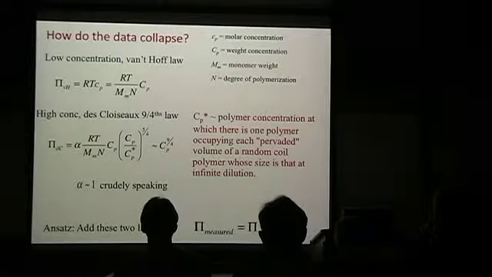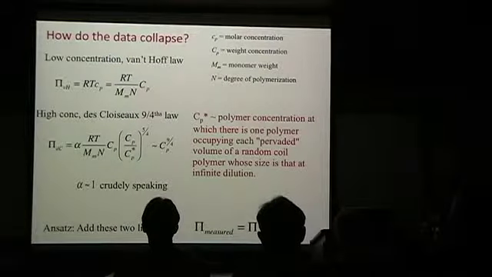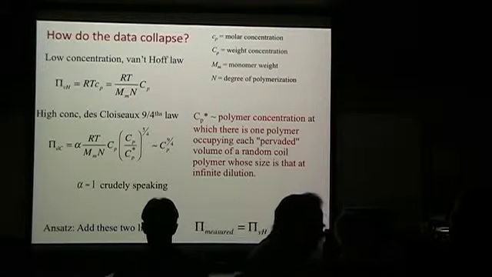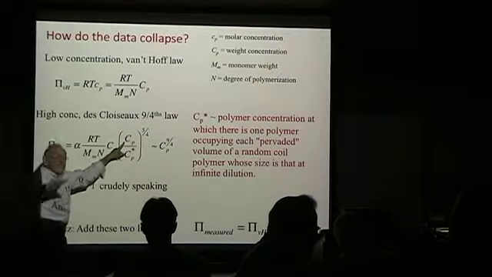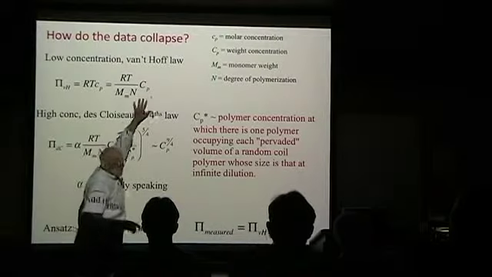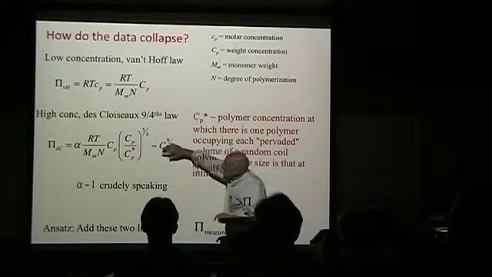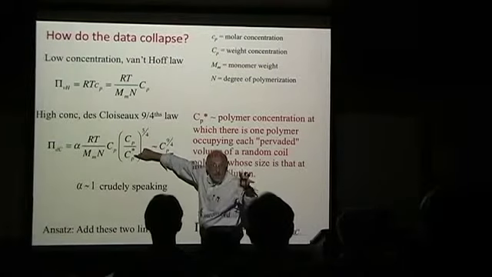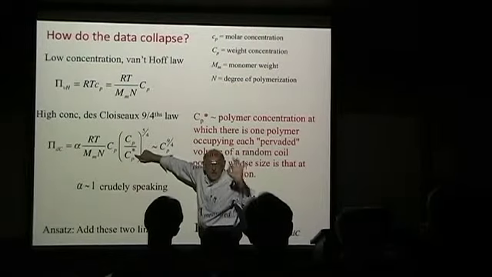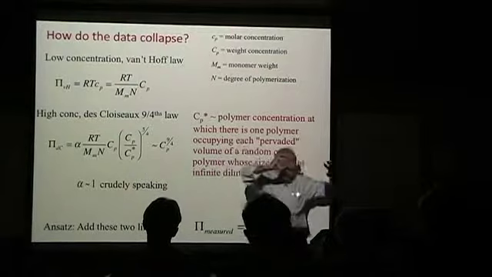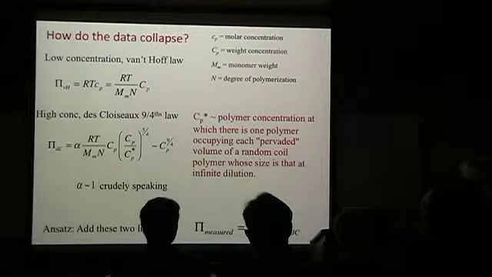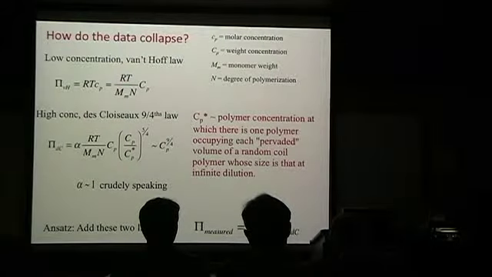Sort of. So when you say concentration, at first I thought the concentration was of the entire polymer. But you're saying, no, that's the concentration of some subset of the polymer that's the flexible domain. Right. Well, here this is an easy one. That's just van 't Hoff's law. That's an easy one. But here, what you're doing is creating a unit of concentration that's built on the concentration where they just begin to touch each other.